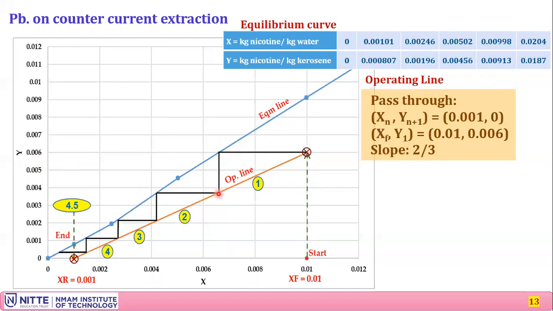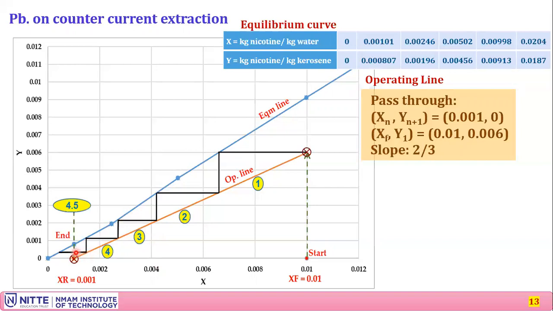So this will be the feed composition. So the operating line, once it touches the operating line, the stage 2 starts. This is the end of stage 2, equilibrium composition of extract and raffinate over here. So here the third stage starts. Likewise it goes on till you cross the XR value,